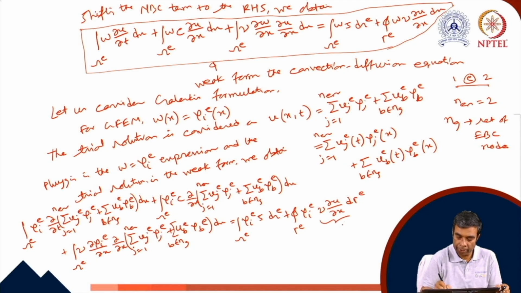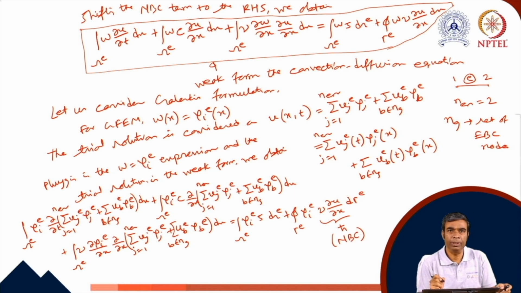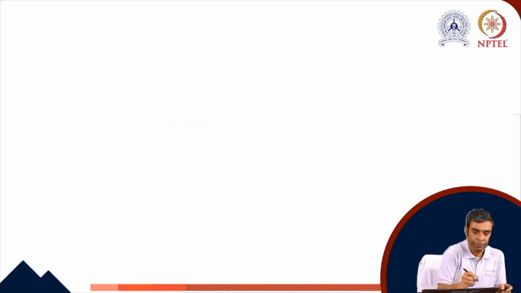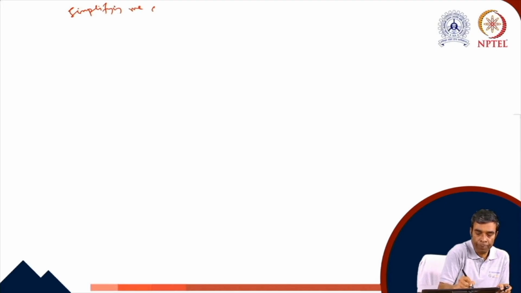So nu del u/del x we can replace by h bar as given by the NBC. So we can simplify this equation further. Simplifying, we obtain